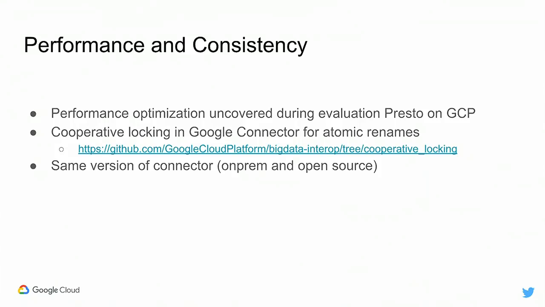In most cases, whenever these things are open source, we try to use the same version as much as possible. That also makes it very easy for us to report any support cases. Whenever we file a support case with Google, we can just say the version we are using, and they can refer to the open source version and the code and say, okay, this is what was happening. So that makes it very easy.